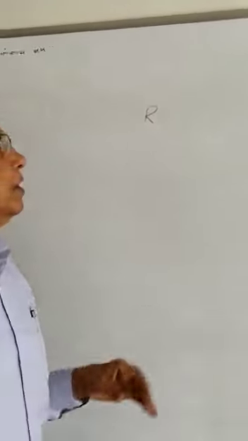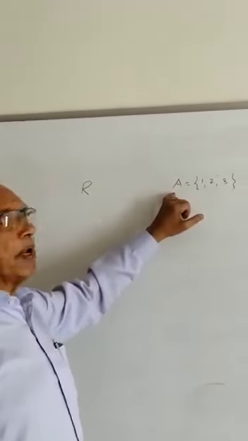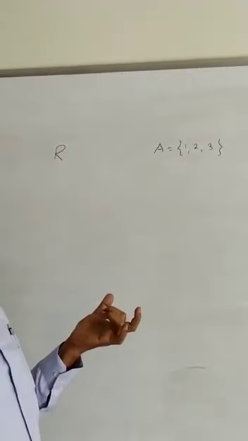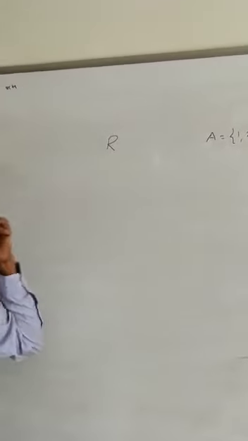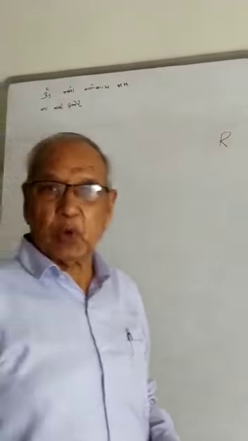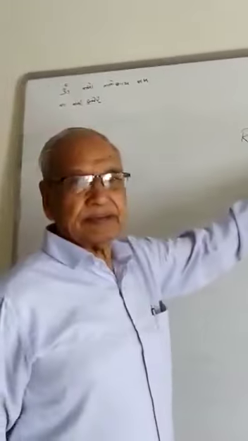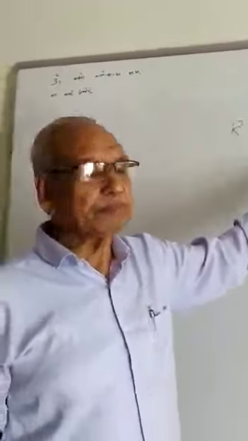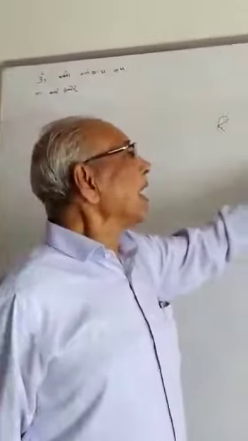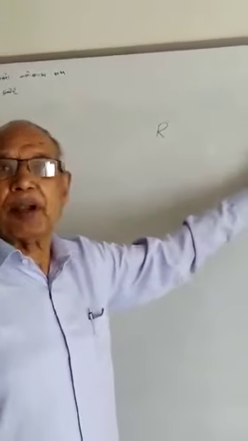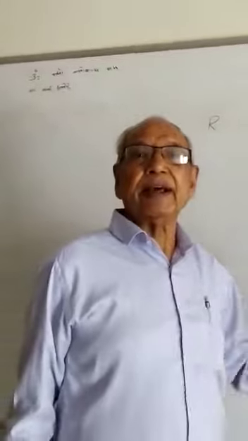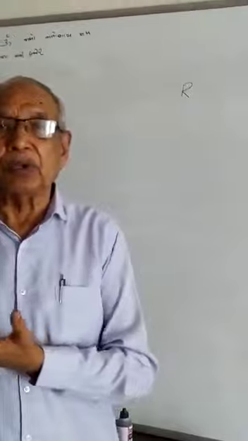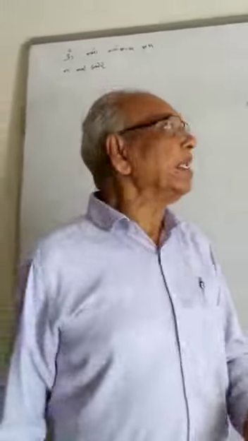we have to check that for every a belonging to capital A, the ordered pair (a, a) should be in R. That means when any relation is given in the set A and we want to check that the relation is reflexive, then, as per example, if A is the set {1, 2, 3}, then the ordered pairs (1, 1), (2, 2), (3, 3), all three should be there in the relation.